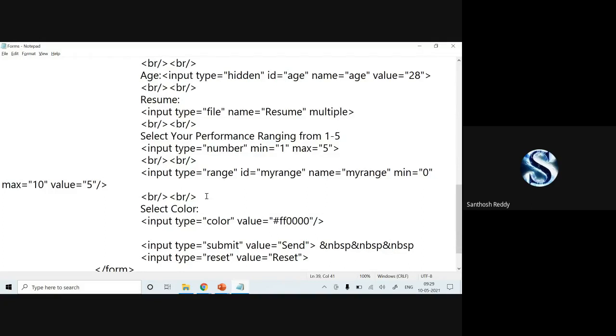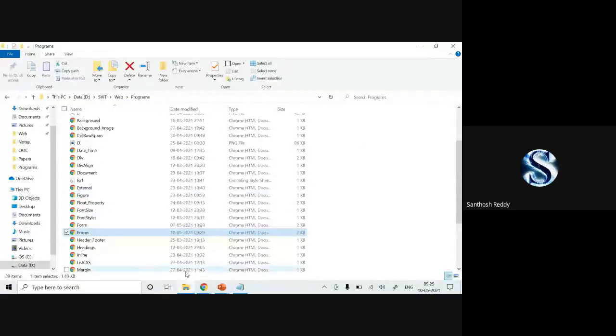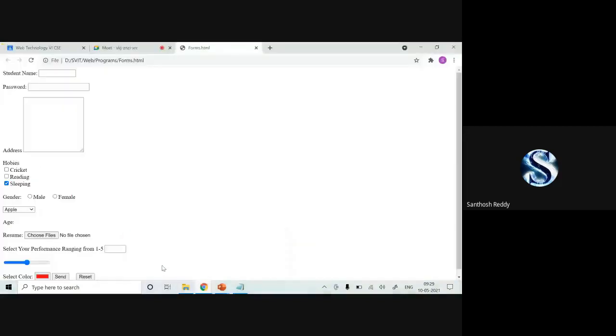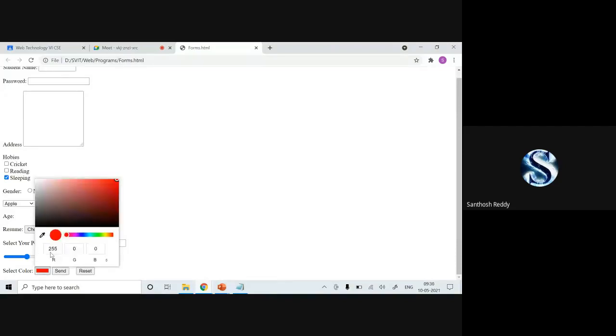Save it, go back and run your code. Set is done. Here you can check it out: select a color, the color is there. If you want to pick any color, you can range it from anywhere to anywhere. Is it clear? You can specify any value also, like 255 yellow, and here I'll specify 155. It is around a 20 color, like this. Understood? Clear?